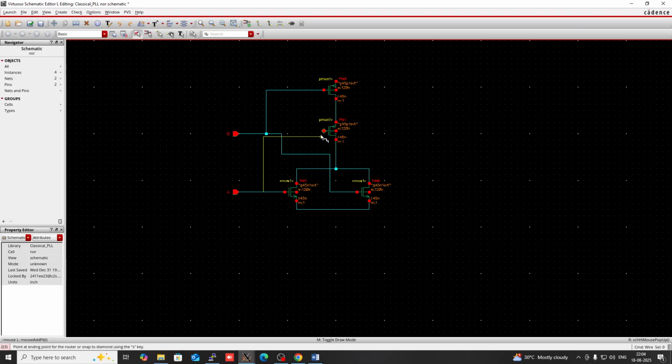So this is basically a two input NOR gate. Okay,